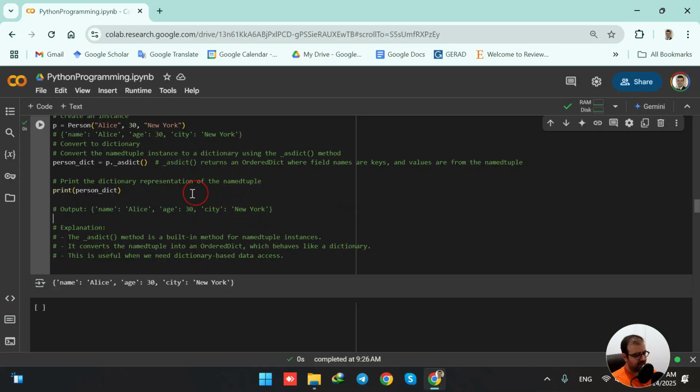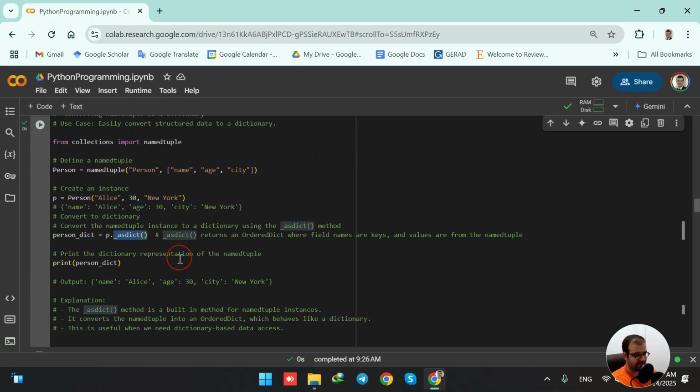Actually, this function is a built-in function in Python for named tuple instances. And basically, this method is useful when we need a dictionary-based data access. In order to have a dictionary-based data access, we are going to convert the named tuple instance to a dictionary